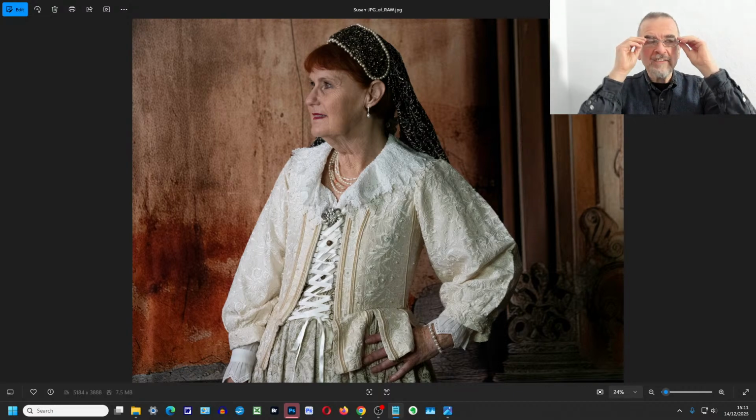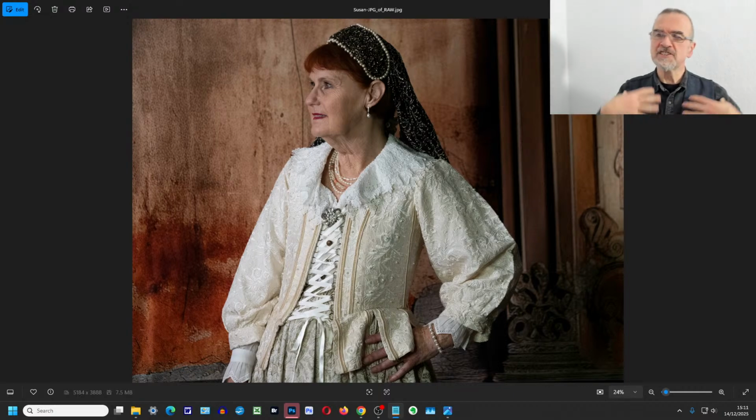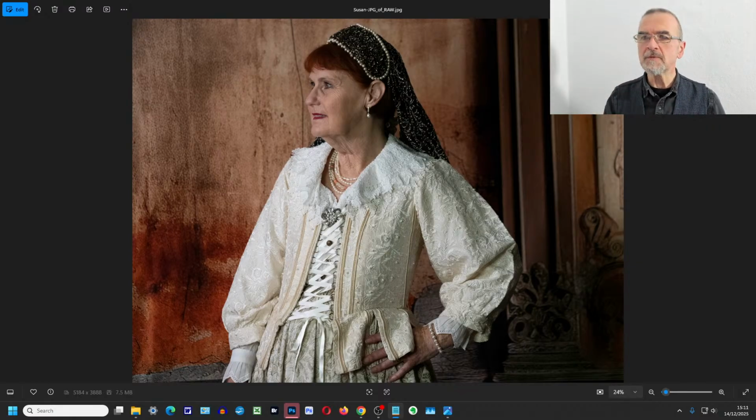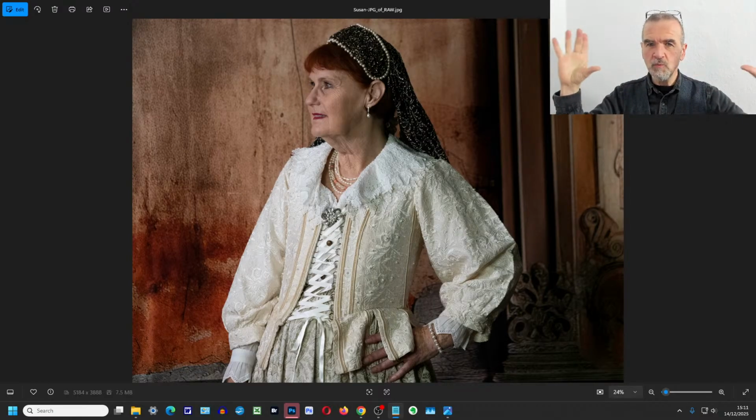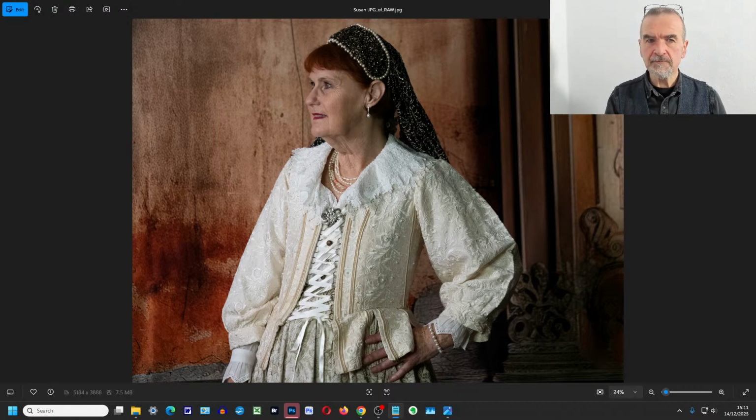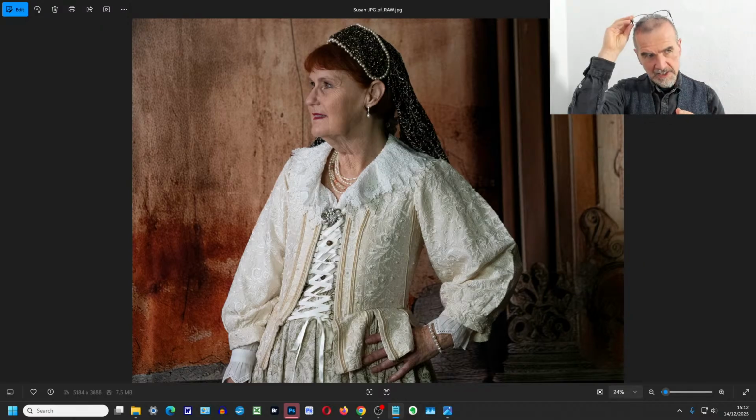So let's have a little look. One of the things you've got here is she's dressed in this wonderful medieval type costume, and that lends itself to a more painterly style of photography. Two possibilities really here, I would say. You either go painterly or you go cinematic, because these are the ways that we're most likely to be seeing people in period costume. Big screen or painterly. Now, if you're going for painterly, generally speaking, you would go for a different kind of lighting as well.